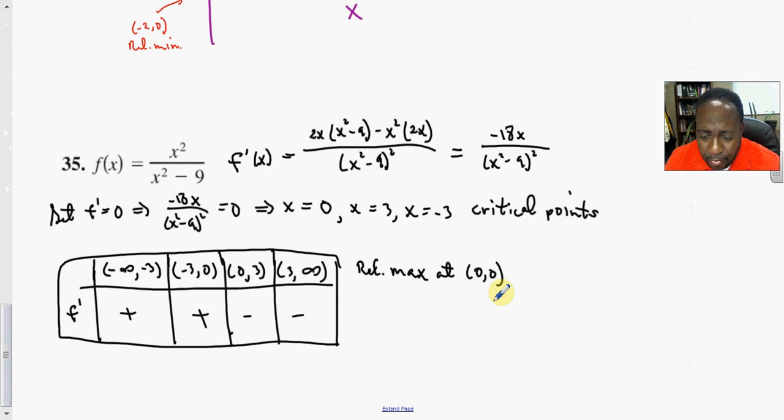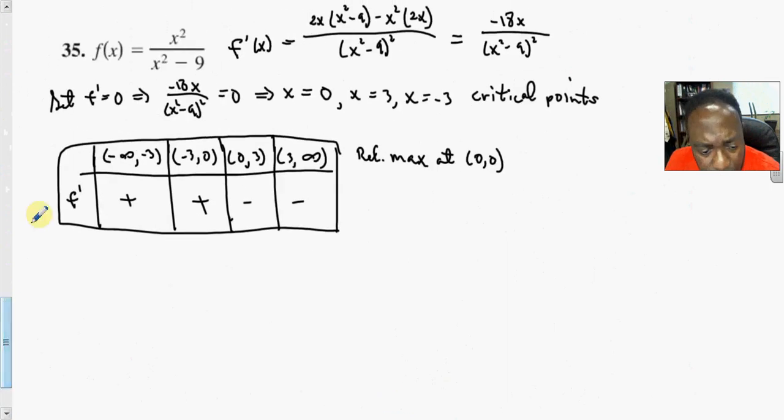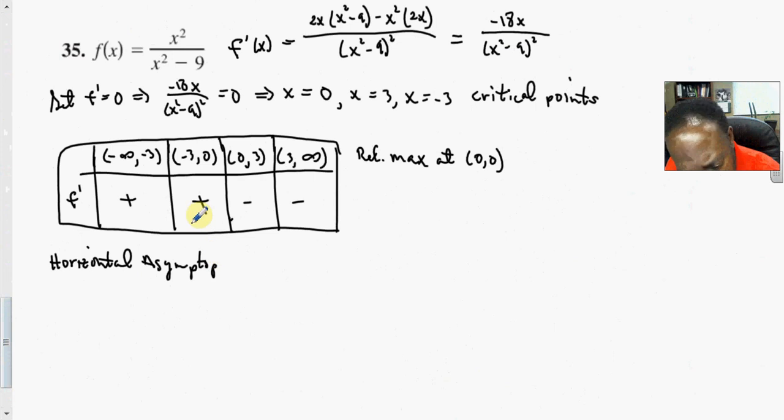Now, if you recall from algebra, this is what we call a rational function. And with a rational function, you could find some graphing aids here: horizontal asymptote, vertical asymptote. The vertical asymptote would be at plus or minus 3, where we had discontinuity there. So our horizontal asymptote, usually I just say HA,